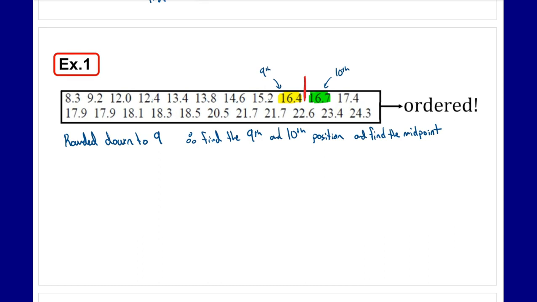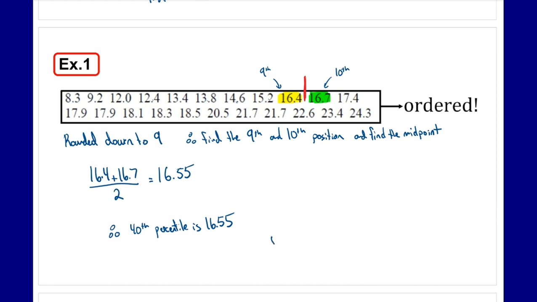So in that case, we add our two values up. So 16.4 plus 16.7 divided by 2 equals 16.55. So therefore, the 40th percentile is 16.55. So that means that